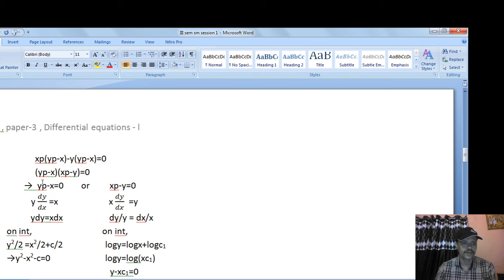Now solve for p. yp minus x is equal to 0 or xp minus y is equal to 0. Solve these two equations. y into p, that is dy by dx, is equal to x. This is a first order first degree differential equation. We can separate this very easily: y dy is equal to x dx. After the separation, integrate. On integration, y square by 2 is equal to x square by 2 plus